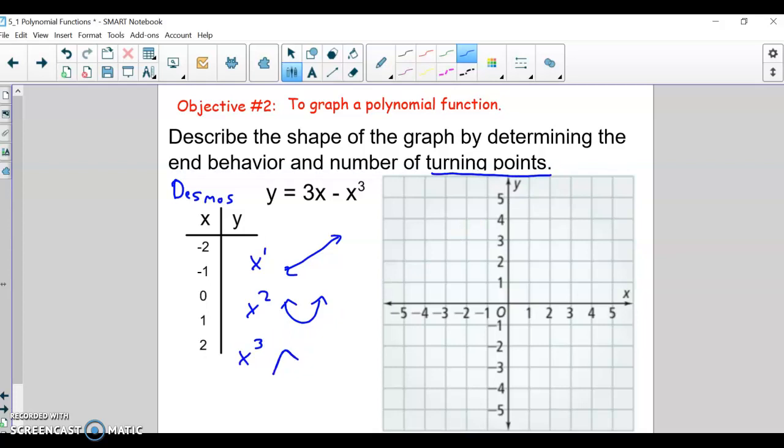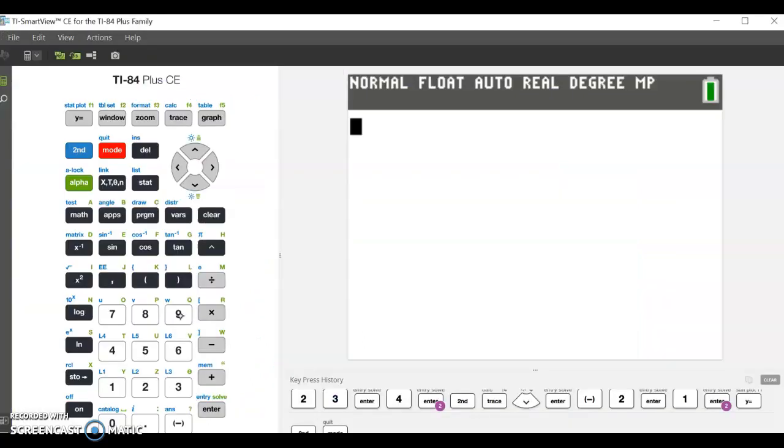Okay, and then an x cubed, it has two squiggles. And you could probably guess at this point, x to the fourth is just going to add another squiggle to our situation. Okay, and so I think that's kind of a cool pattern that it's one more twist each time. So we know that this one is going to look like this kind of squiggle, close to the squiggle shape, right? So let's just get out